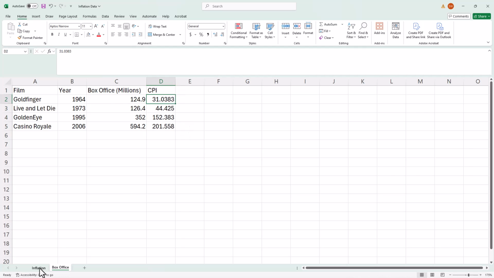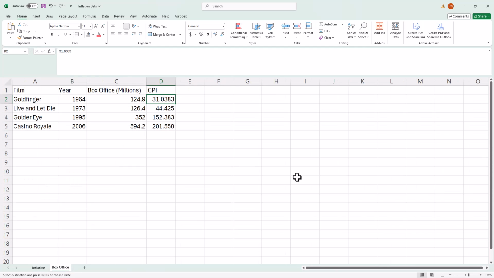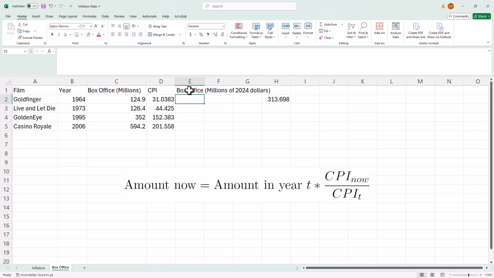Then I'm going to need the current year CPI, or as close as we have in this data set, which is 2024. I'm going to get that number. I'm just going to paste that somewhere over here. Then I'm going to make a new column for the box office in millions of 2024 dollars using our formula. So we're going to take the amount of money for Goldfinger, multiply it by the CPI in the current year, and then divide it by the CPI in the year contemporary to that amount of money, and that's going to